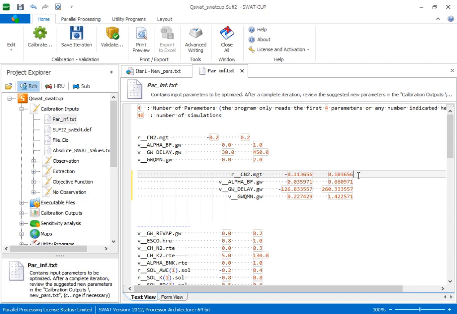So you can accept this one because this is less than this one. The suggested maximum value for the curve number is less than this one, and the suggested minimum value is also inside this boundary, so we can accept the value. And for the case of alpha BF, from 0 up to 1, this value is less than that of this one, so you should have to